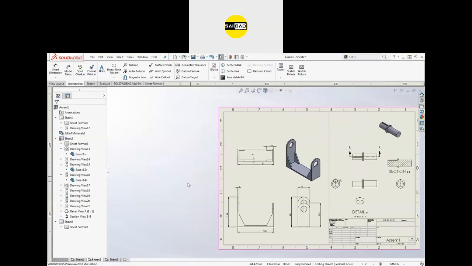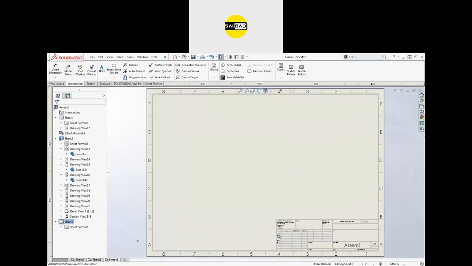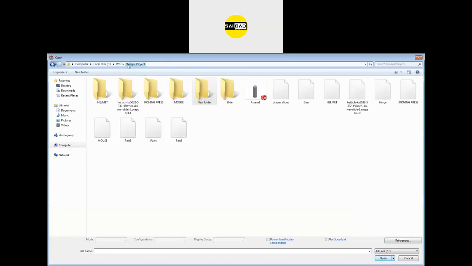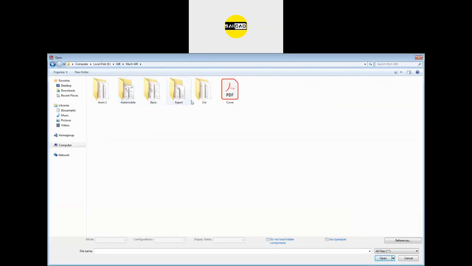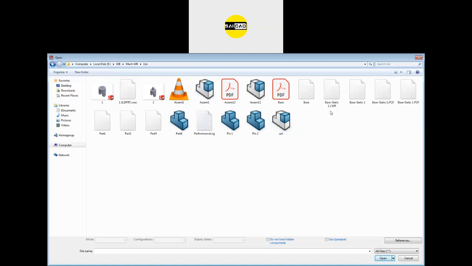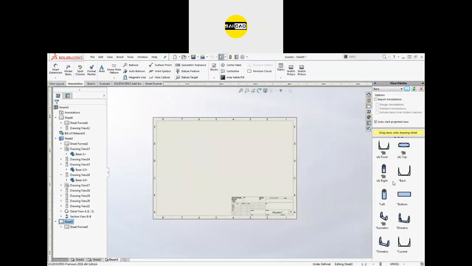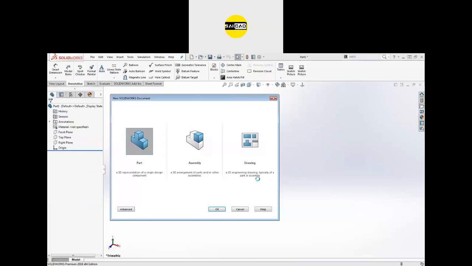In the previous session I was going to show you the auxiliary view. So I will show you here how you can insert the drawing. So here I just need, okay, this was the component. Right now you can see in this file we already have a component named base. I have to open a new file to insert a new base file.